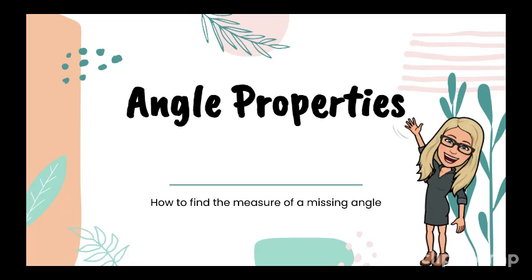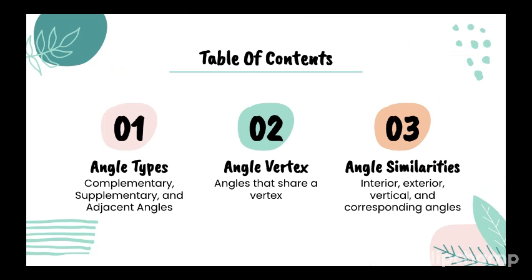Today we are going to be examining how to find the measure of a missing angle when given different characteristics or similarities. To find the missing angle measure, it is important to understand the different angle types such as complementary, supplementary, and adjacent angles. And once we know more about different types of angles, we can see how the vertex of an angle can help us to determine the value of a missing angle. And lastly, sums between angles can help us to determine the sum or equivalence between angles such as interior, exterior,